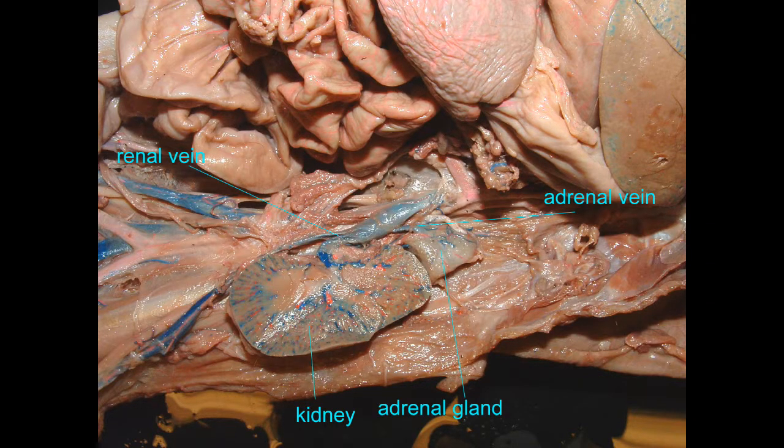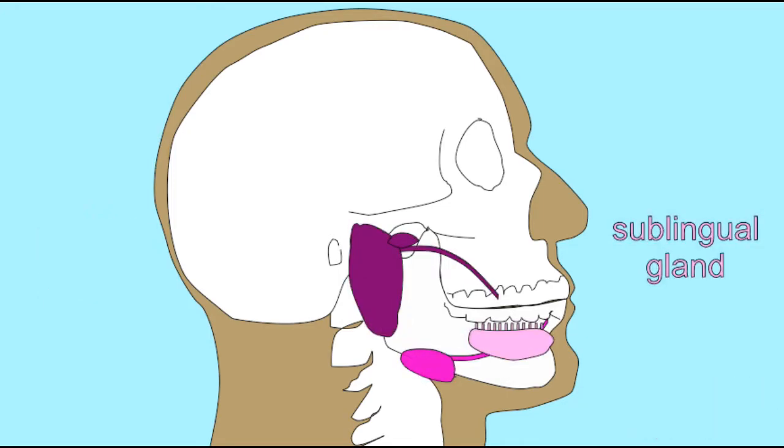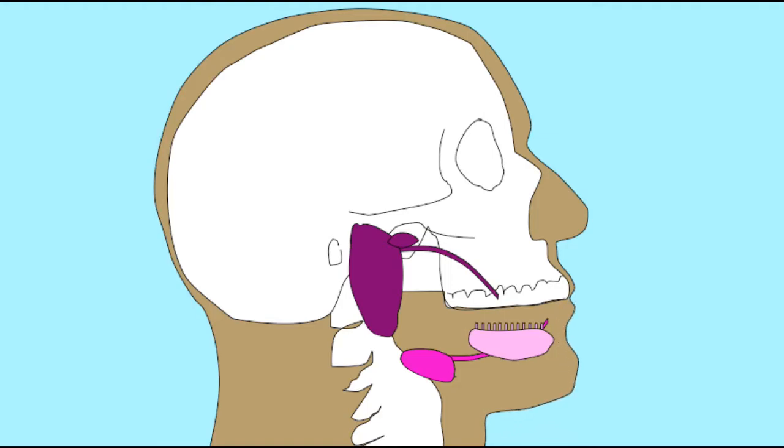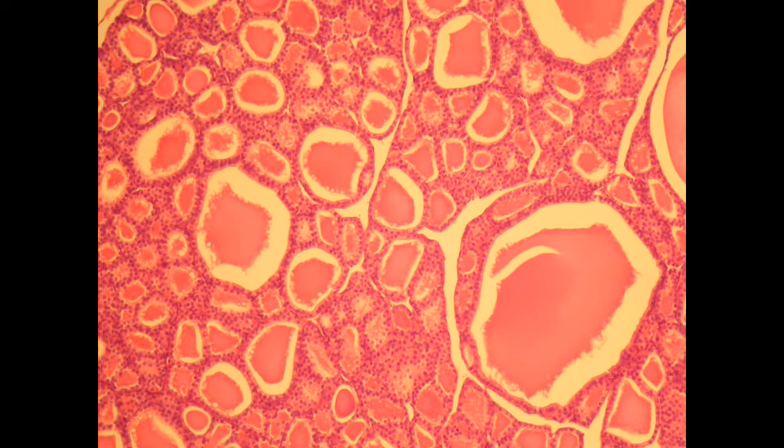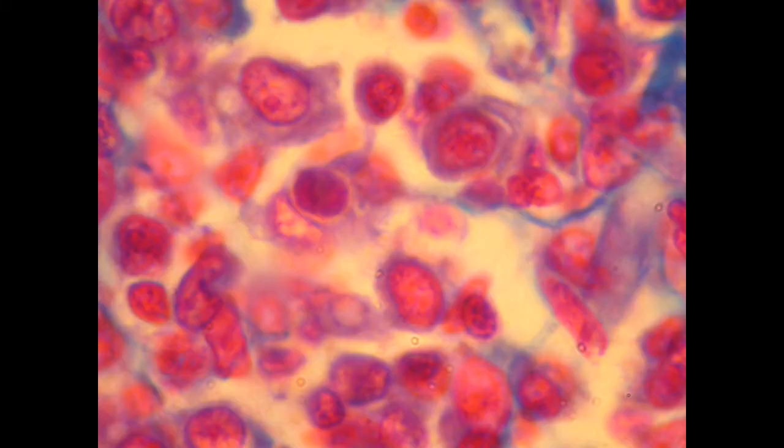When commands are sent to sweat glands or to salivary glands or the exocrine glands, which are causing products to leave the body, these commands are sent by the autonomic nervous system. When commands are sent to the endocrine glands to make hormones, this is the autonomic nervous system. And then commands can be sent to adipose to increase the breakdown of lipids. Interestingly, commands can also be sent to immune cells.